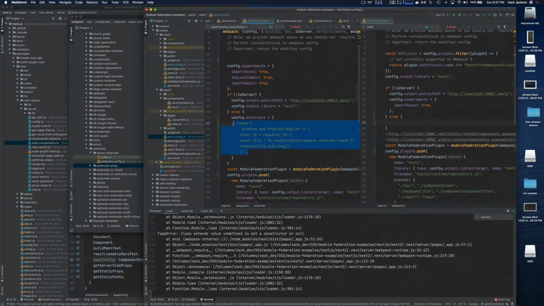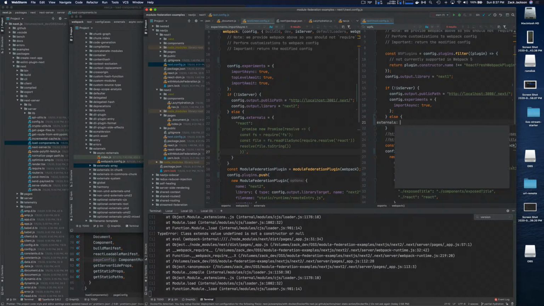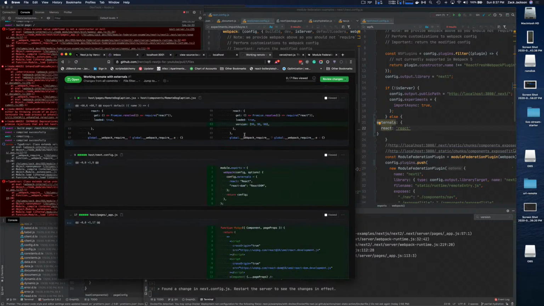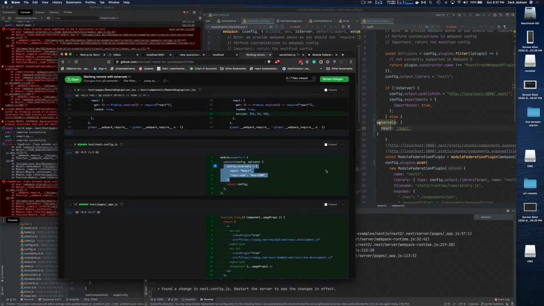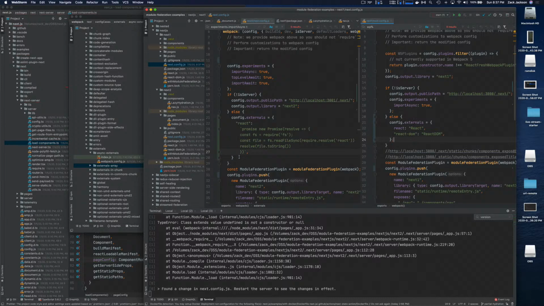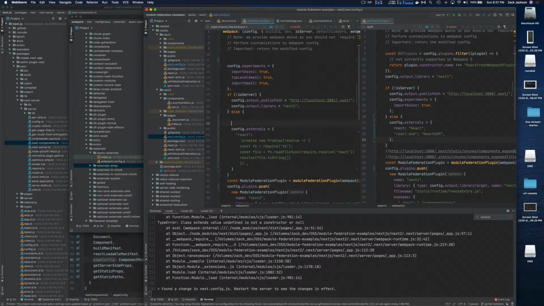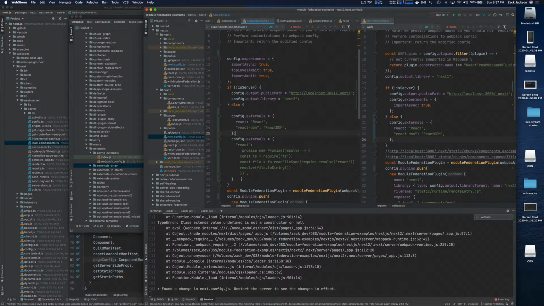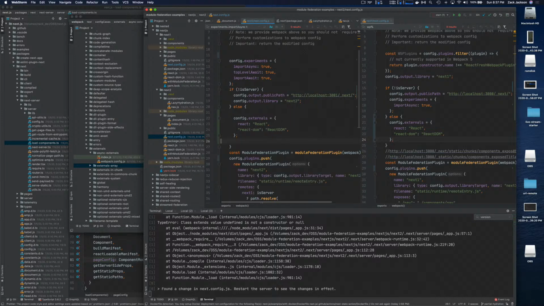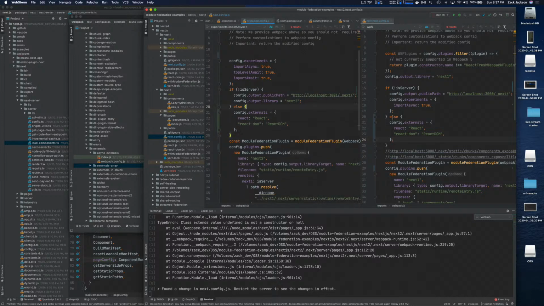So then I guess config externals, we're just going to say, wait, what's the actual right way to phrase that? Okay, so let's do it like this, and then that'll solve it on the server,